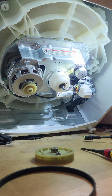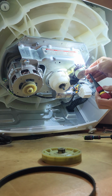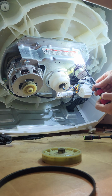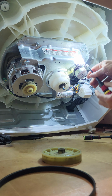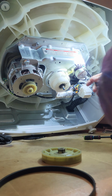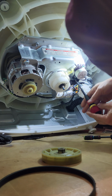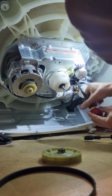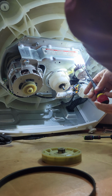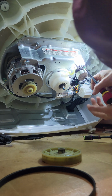Phillips and a flathead should get us going here, and we're going to notice the orientation of this shifter. This shifter has two green screws on it, and they are machine screws. They are not coarse thread. They are fine thread green machine screws. So we're going to take out both of these and get our shifter arm off of our